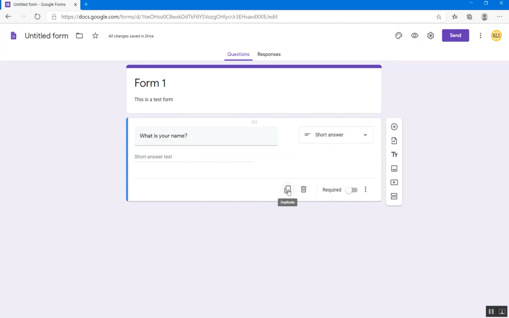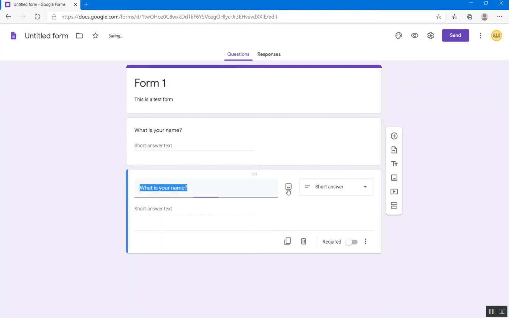This option allows us to duplicate this question. If I click on this, it will create another question of similar type, and we can modify this text to create our next question. So this option we can use if we are creating similar questions within this section. So it saves your time by going through all of these options. So you just click on the duplicate and modify the text, and that's it.